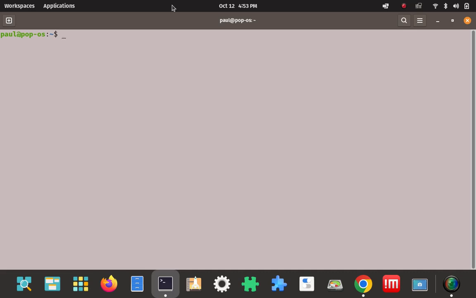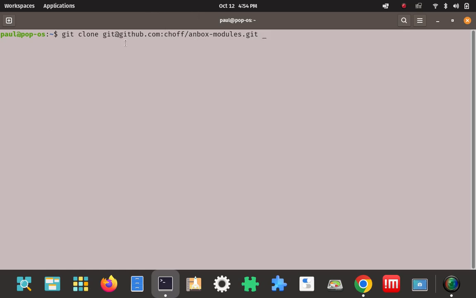But a couple things you're going to have to have on your system. You're going to have Git. Again, I'm going to have to toggle through some of my commands here. Okay, here we go. You have to have Git on your system. You probably have it on your Pop already. So we're going to clone